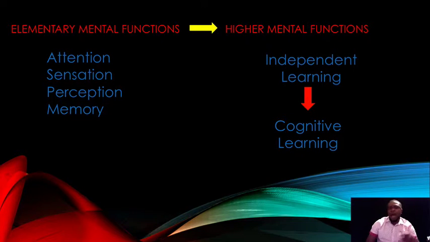The great thing about that is one of the things that we see is that her sitting along with him eventually helped her develop a level of independent learning, which is what essentially happens in the higher mental functions. Kids develop independent learning and thinking. But that can only be cultivated by the elementary mental functions that she already learned, such as attention, sensation, perception,